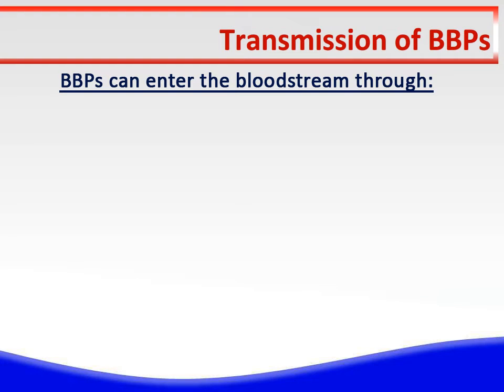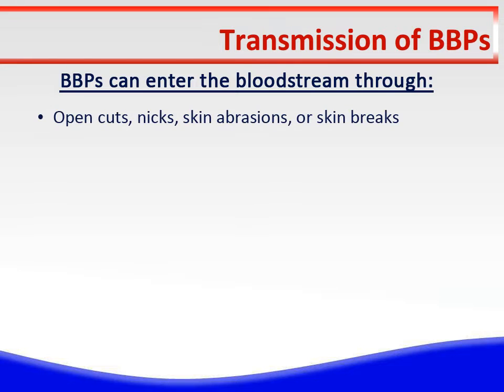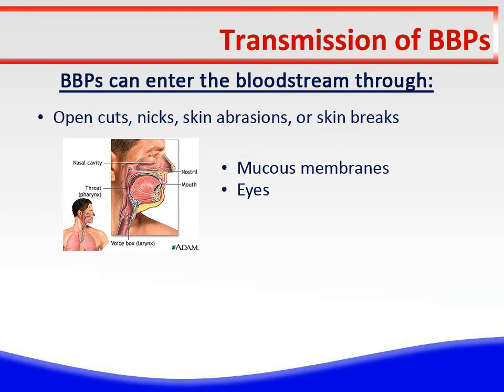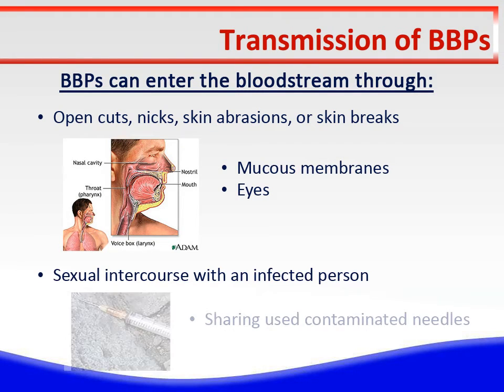In order for a transmission to occur, blood or other bodily fluids containing bloodborne pathogens must get inside someone's body and enter the bloodstream. These pathogens can enter the bloodstream through a break in the skin or through mucous membranes. Generally speaking, in our society, the most common ways these viruses are spread is through unprotected sex and needle sharing